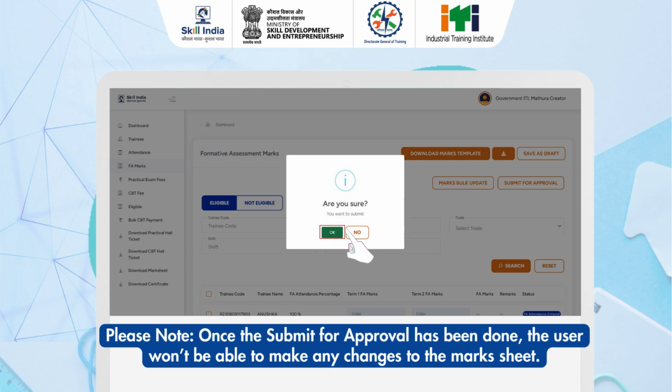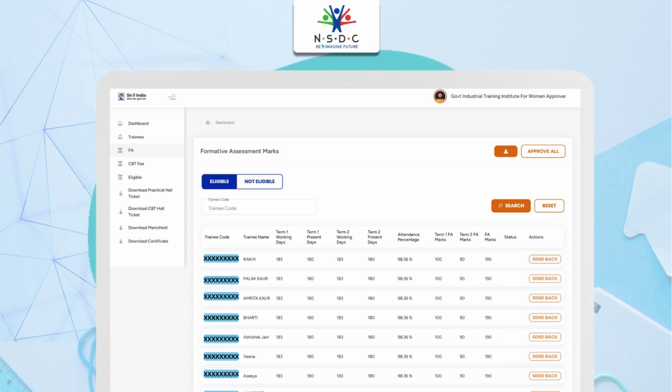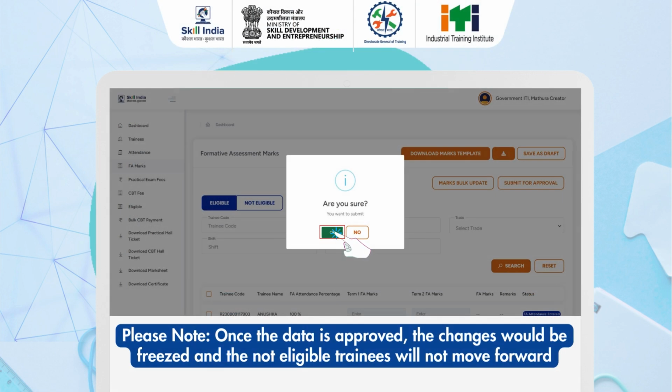If the approver must reject any data, they will send it back to the creator with their remarks. The ITI creator will have to make the required changes and submit for approval again. Please note, once the data is approved, the changes would be freeze and the not eligible trainees will not move forward. In the practice,